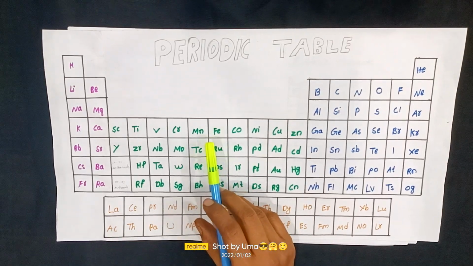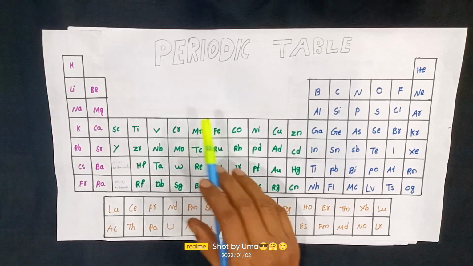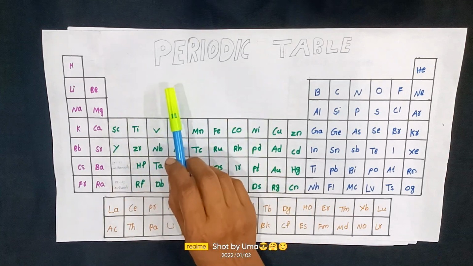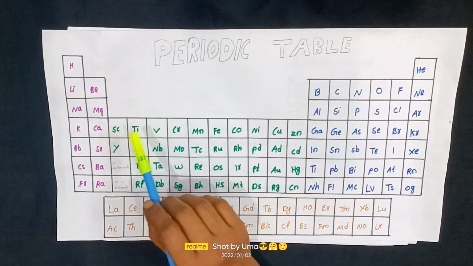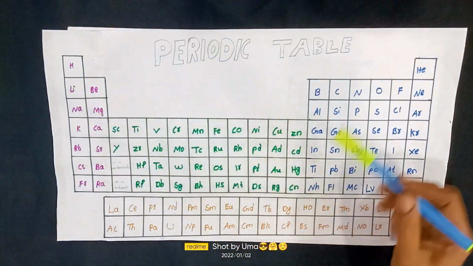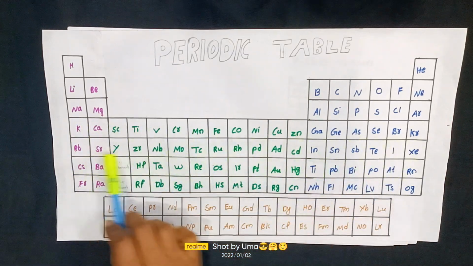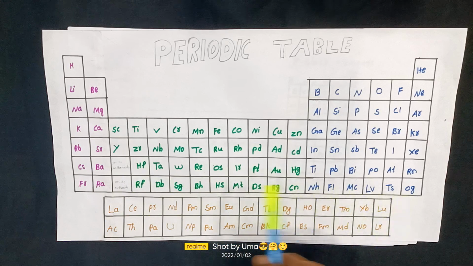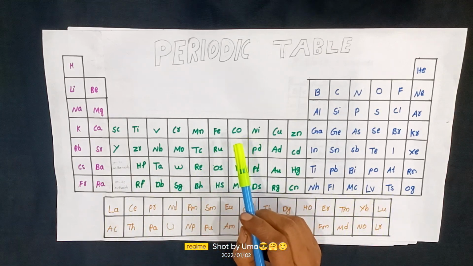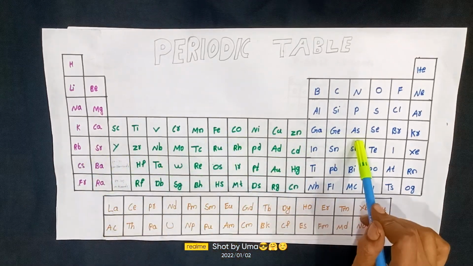In this video, I am going to explain the periodic table and its classification. So this is your long form of periodic table, children, also called the modern periodic table. Here 18 vertical columns are there, children. These are called groups. And here 7 horizontal rows are there. These are called periods.